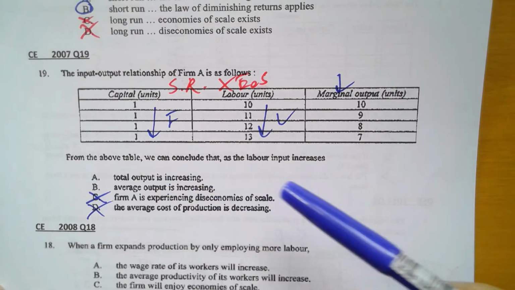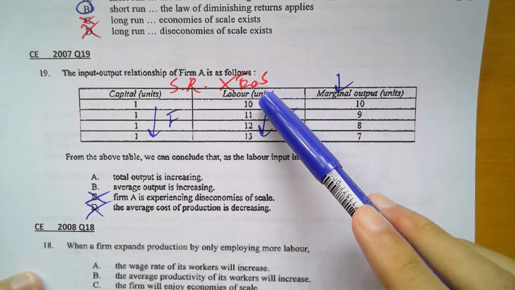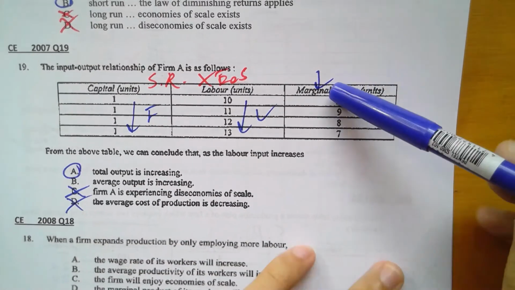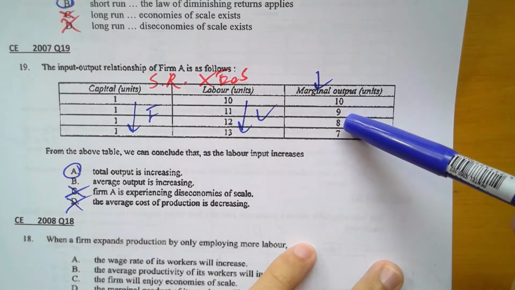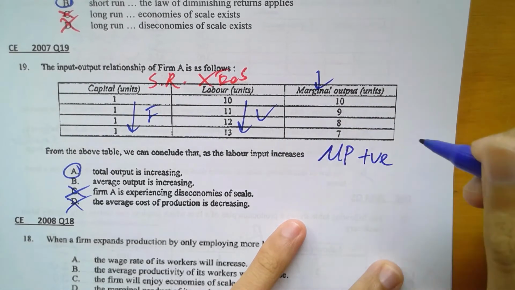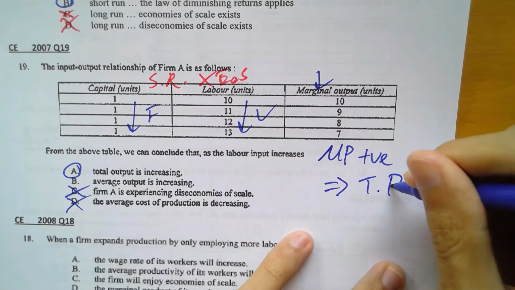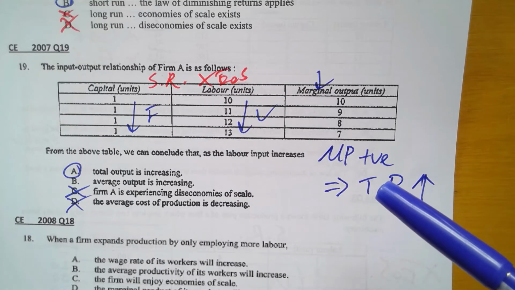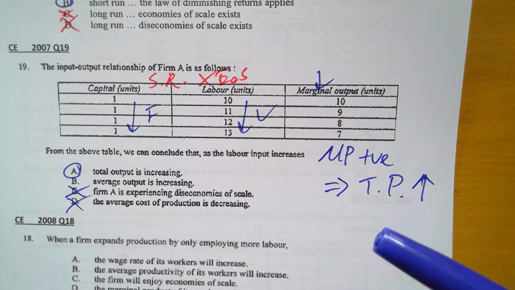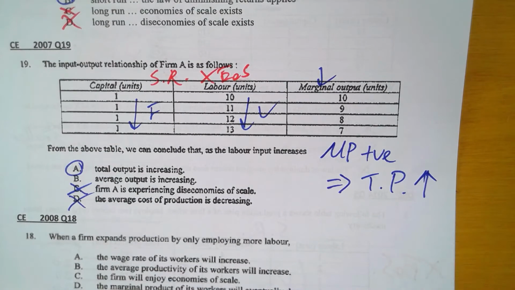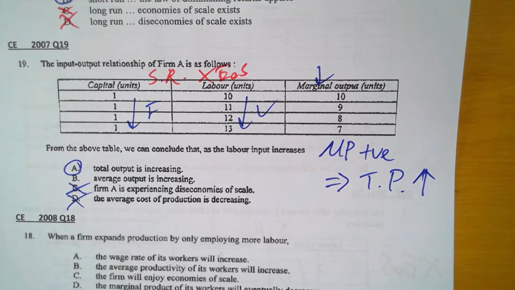Okay, so here. Now let's see which one is correct. We can conclude that as labor increases, actually, A is the answer. Now think about why. Because marginal product 10, 9, 8, 7. But as long as marginal product is positive, 其實即係咩意思啊？其實即係 total product 仍然係上升緊嘅喎，因為我 marginal 係做多咗幾多嘛，做多咗嘅嘢仍然係正數，係咪即係仍然你做多緊啊？So total output is still increasing. OK，仍然係升緊㗎，得唔得啊？